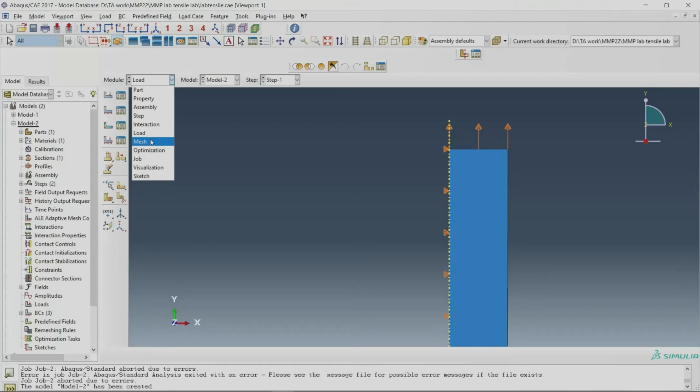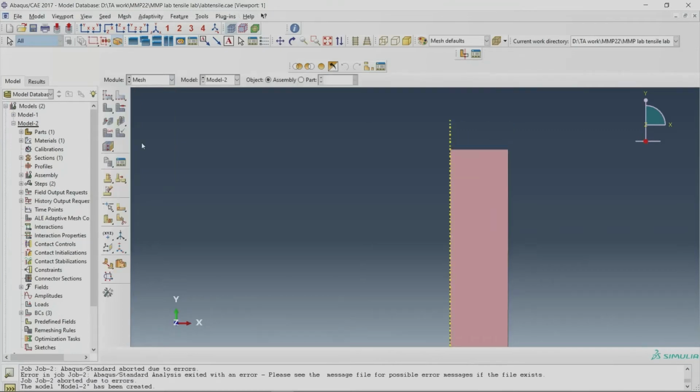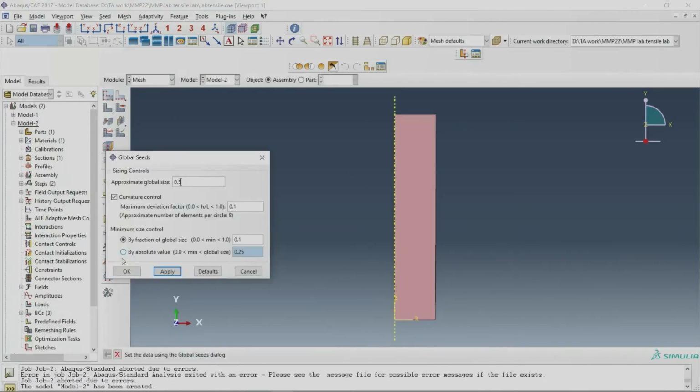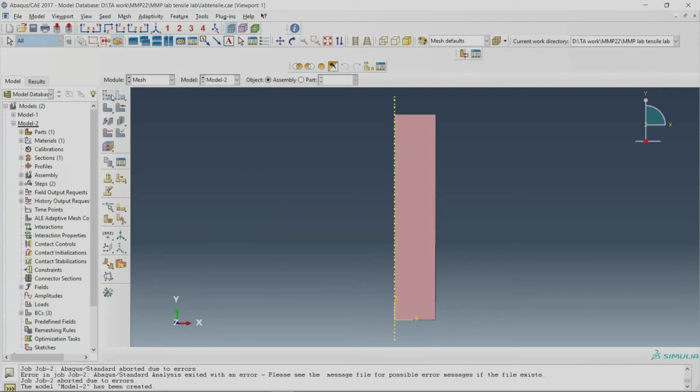Now move on to the next part, that is the meshing part. We are not going to use interaction or optimization. We are going to use only part, then property, assembly, step, then load, then meshing. So we will keep it as simple as possible. This one here is seeding.